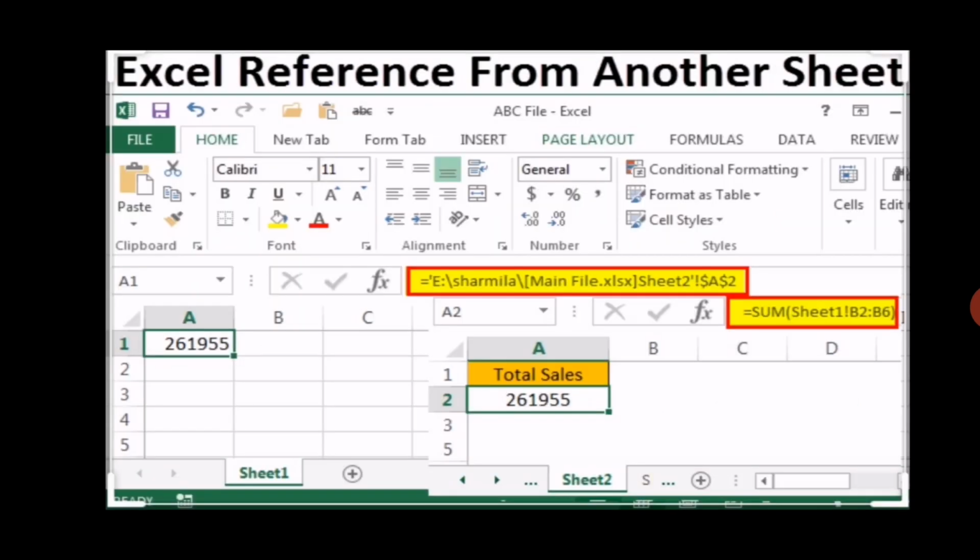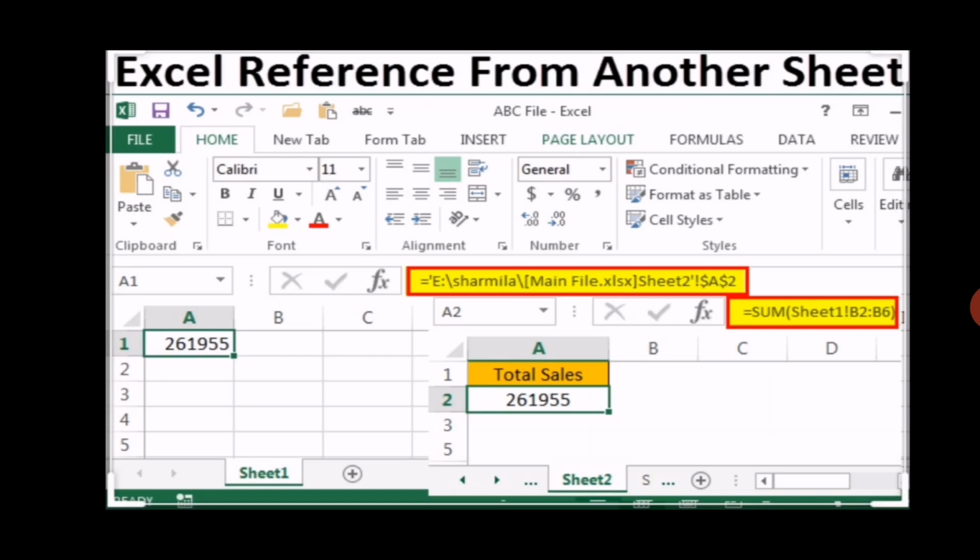Next is how can we change cell reference from one sheet to another sheet. First option, if you want to change your cell reference from one sheet to another sheet, is using the copy paste option.